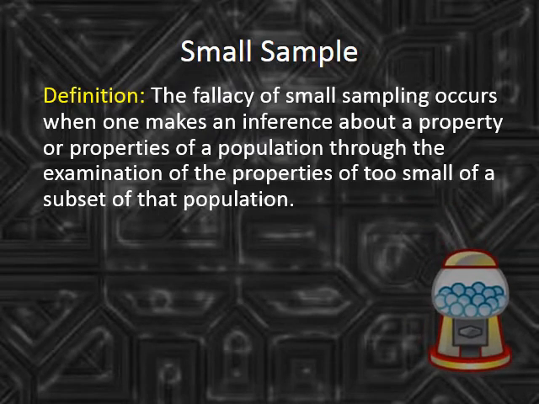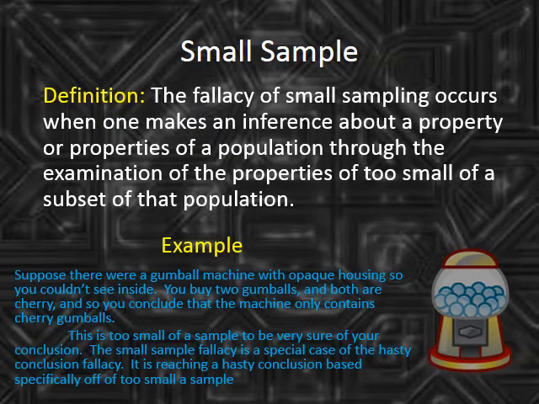See, reasoning by analogy. We are using our concepts. Imagine that you have a gumball machine, but that the glass of this machine is opaque, so that you don't know what kind of gumballs it contains. Now imagine that you buy 2 gumballs and that both are cherry, and so you reach the conclusion that all the gumballs must be cherry. What is the problem here? The problem is that the gumball machine likely contains hundreds of gumballs, and yet you only sampled 2 of them to reach your conclusion that they were all cherry.